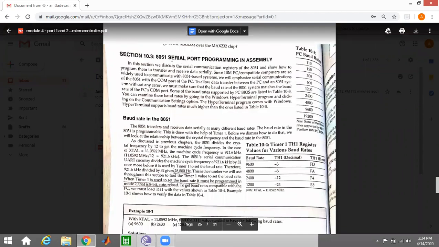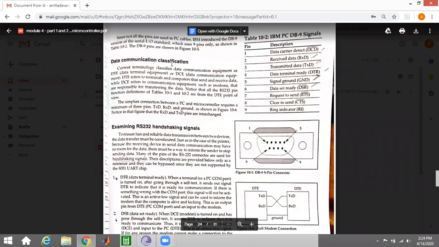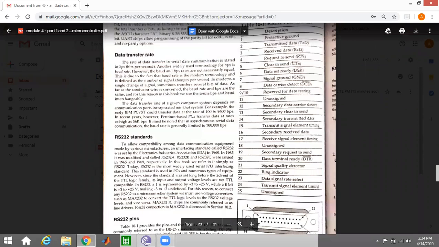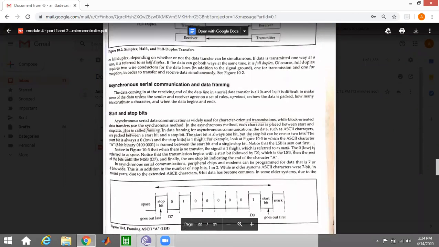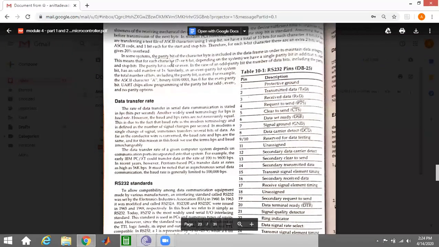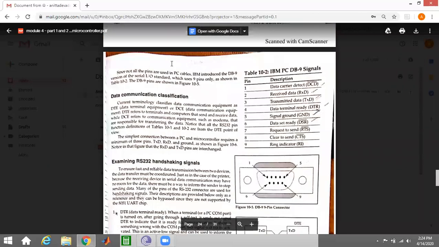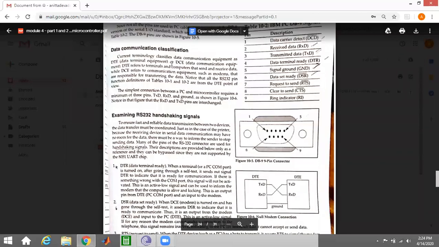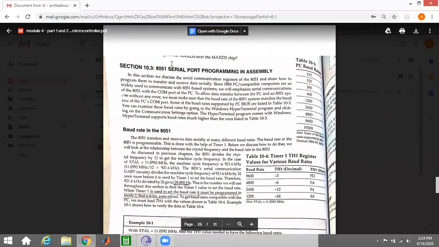Got it? So how many pages? Page 1 and page 2. These 3 pages are full of theory. You just go through them. It is nothing like an architecture diagram, only what a pin number is and what it is used for. So from here, the 4th page, we are going to see the programming part.